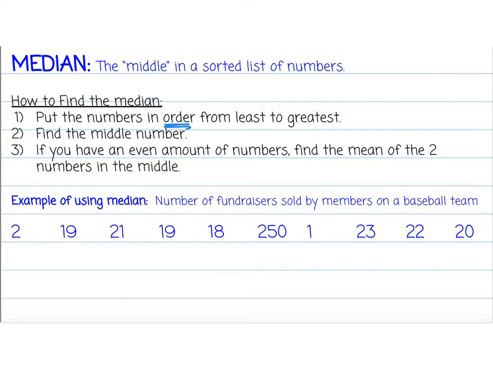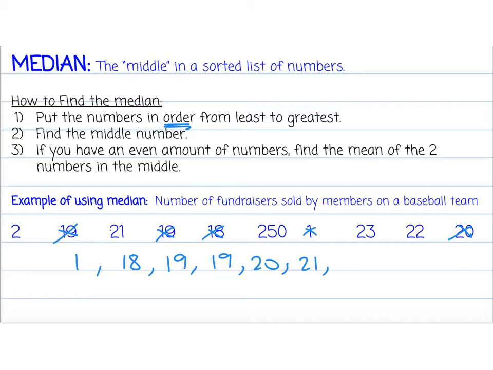For example, you're trying to figure out the number of fundraisers sold by members of the baseball team. So you have some people that sold 19, some that sold 22. You're trying to figure out that middle number. So first, putting them in order least to greatest. Well, 1 is the least. Then it looks like 18, 19, and another 19, and then 20,